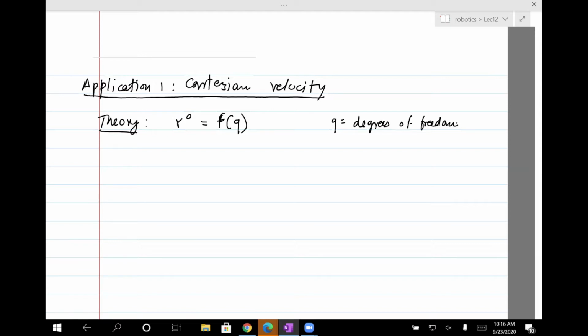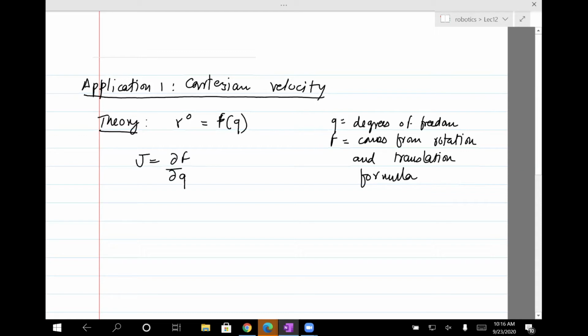And that f is basically that relation which we got by writing the position using the rotation and translation formula. Okay, so once you have a form for the position, let's then find the Jacobian of this. Since we have f of q, we can write the Jacobian as df dq. Okay, so this is just the definition of the Jacobian. Now what I'm going to do is multiply both sides by dq. So I get